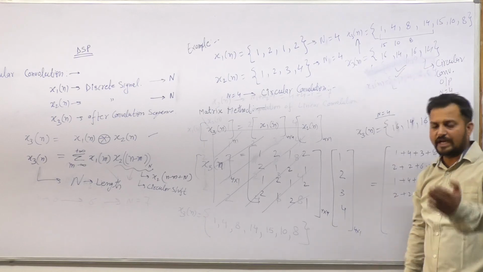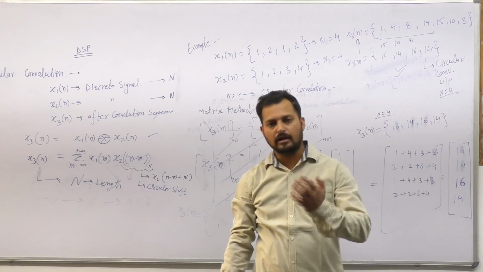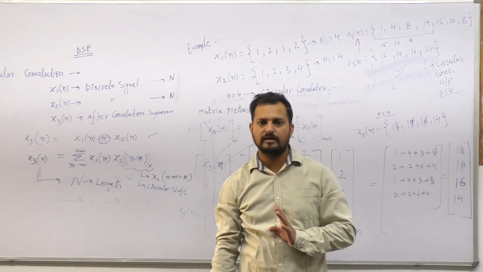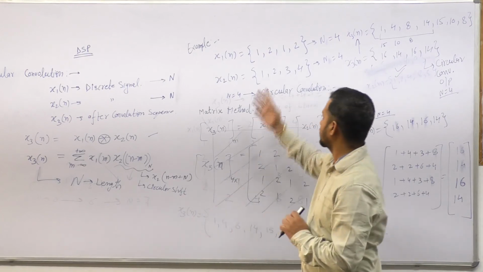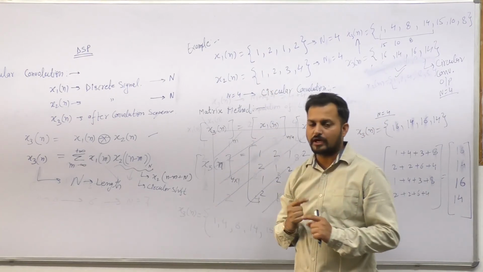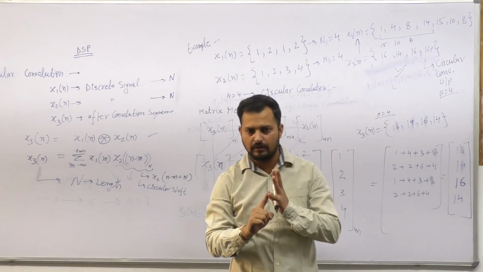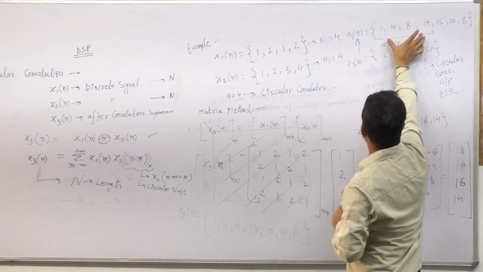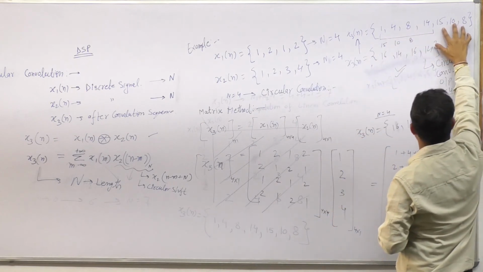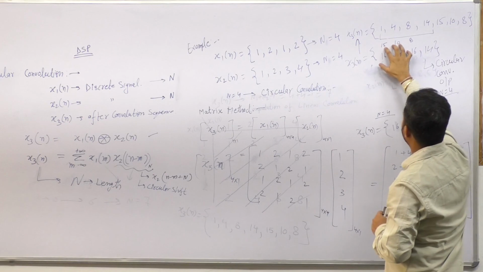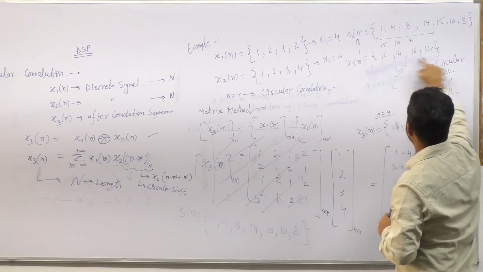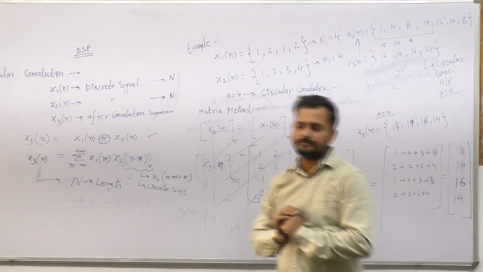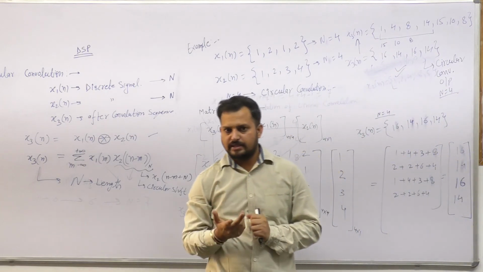So even with the help of the linear convolution, we can compute the circular convolution for the n values whatever we take. We have taken n equals to 4, linear convolution we have received for n equals to 7. So we have converted 7 points into 4. By keeping the initial 4 values as a fix, I am just taking the rest of the points value down to it and adding the respective term, and we are getting the same answer what we have computed over here, x3n, right? So we can match this.